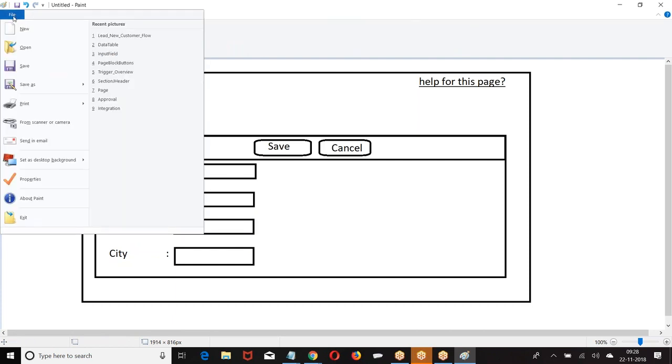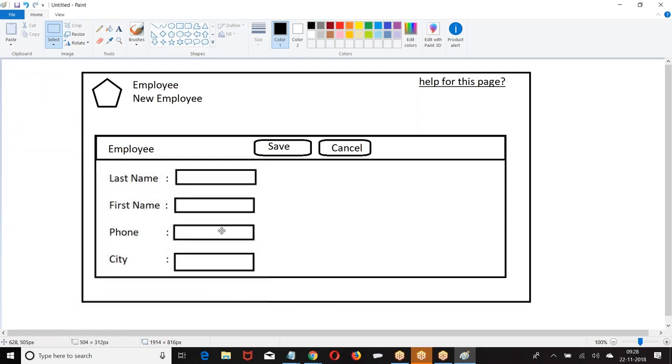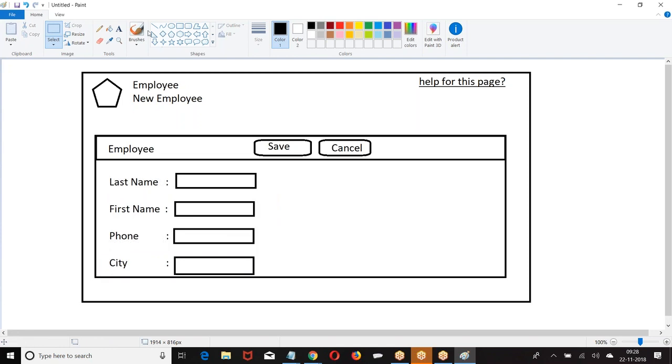Now I have a page block section, but I have not given any title for it. Okay, for your understanding, I'll give one.